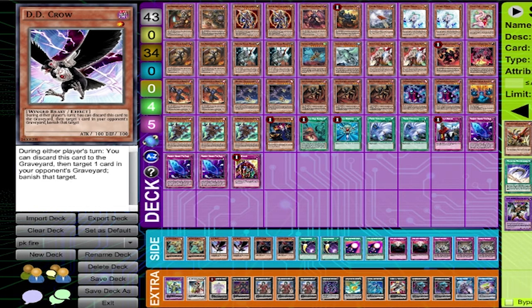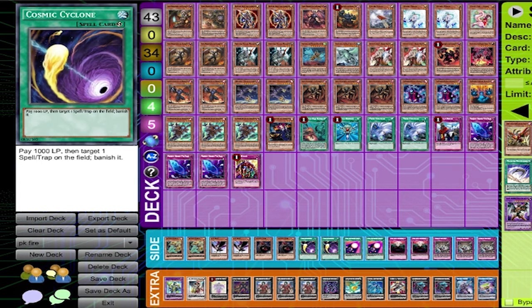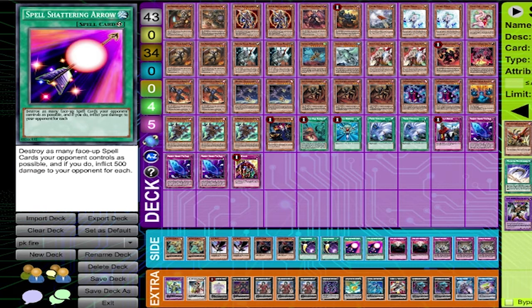Evenly Matched hate, Zombie hate, Infernoid. I actually ran this for the sake of thinking that I'd be going up against Infernoid or somehow going first against zombies and being able to pull off reasonably good stuff, but I never drew into my Vanity's Fiends, so it didn't help. The Cosmic Cyclones were just for a True Draco matchup. This was really, really helpful during my game 1 against Magician Pendulum. Well, it wasn't really Magician Pendulum, it was more like playing Performer Pal. Well, worse Performer Pal than